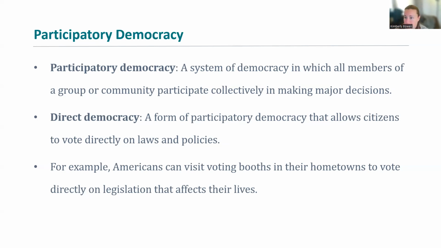Now, that does not mean that they represent us in every vote that they take. A lot of times, no matter who you vote for, even if the person that you voted for gets elected, are they going to vote the way you want them to on every law and every policy? That's just not likely to happen. Because we have a wide range of laws and policies that get voted on any given time. And those laws and policies are not always going to be divided by party lines, are not always going to be something we support, not going to be something that we